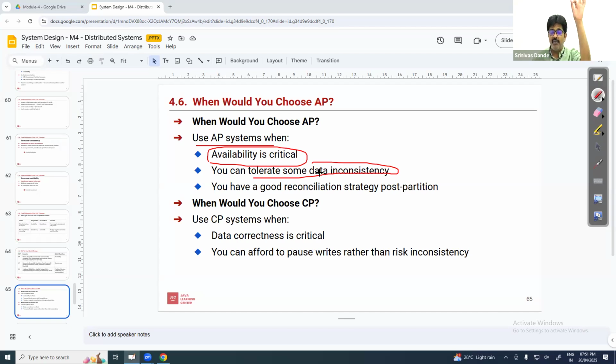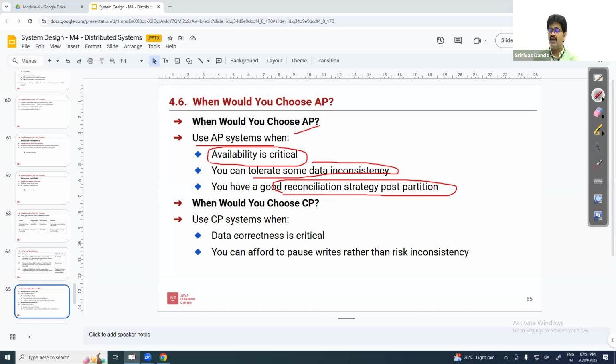But high availability is critical for my application. Then in that case, you choose availability and partition tolerance systems. You compromise on consistency temporarily, and you may have reconciliation strategies post partition. Reconciliation strategies post partition means